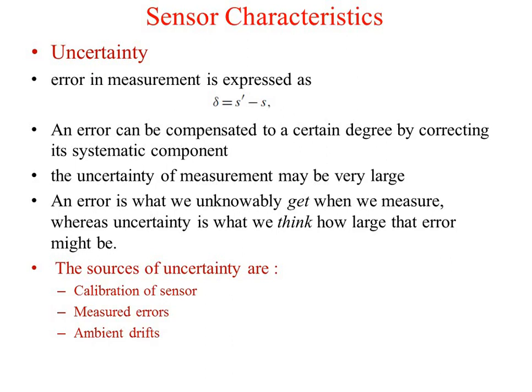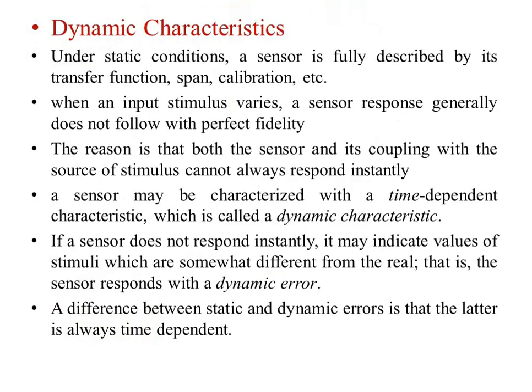What is ambient drift? Ambient drifts means temperature, the voltage source that is used, the current source you are using, or the frequency that you are applying. If those are changed, this is going to change the overall system. And the last and important characteristic is dynamic characteristics. So we know that dynamic characteristics means whenever the condition is changing, you need to get a real-time response. If you plot that real-time response, that will give you the dynamic characteristics.